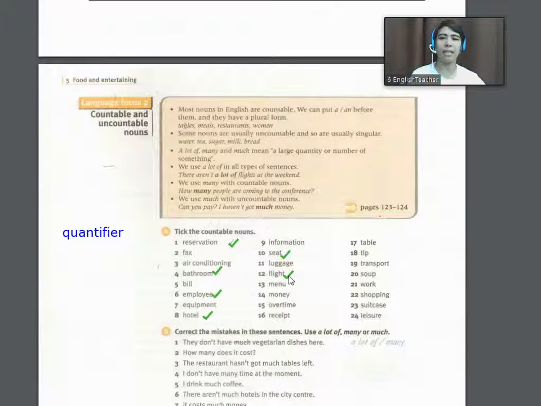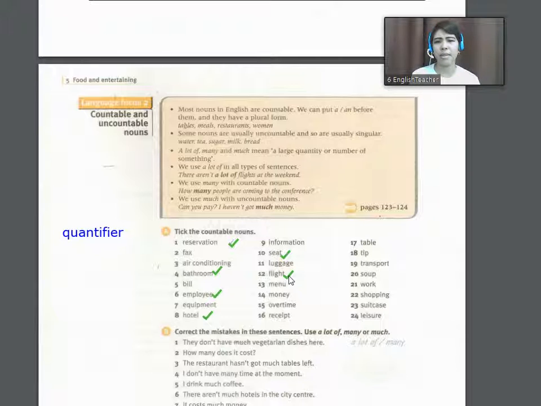Now, basically and generally, money is uncountable. We cannot count money. That's the reason why we have to use much. But one thing that we can count is the currency. For example, $1, $2, $3, a million peso, or 20,000 yuan, or Taiwanese dollars. So these currencies, we can count them, but money in general is uncountable. Next,